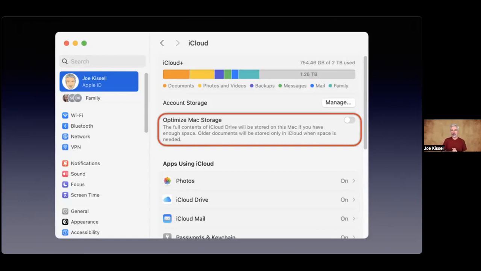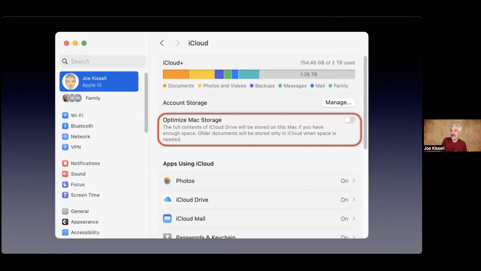What you're doing by turning on that switch is telling Apple, okay, if I start copying some new file onto this Mac, or I create a file, or I'm downloading a file, or I'm syncing a file, and you, Apple, determine that I'm getting low on storage space, that I'm running the risk of running out of storage space, and they don't tell you exactly what the threshold is, how many gigabytes or whatever, but if it's going to get close, then what I want you to do is to take some of those files that are already stored in iCloud, leave them there safely in iCloud, but delete them from my Mac.